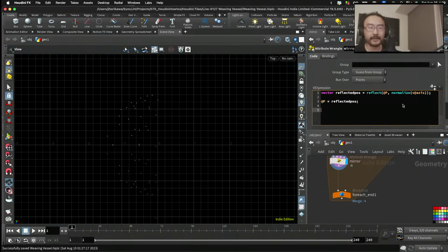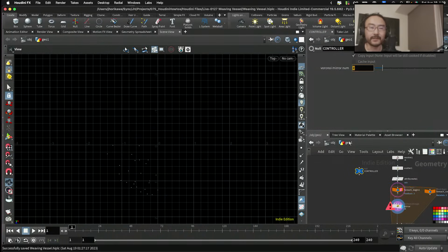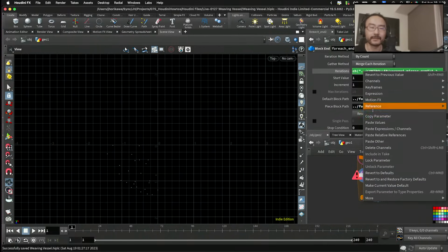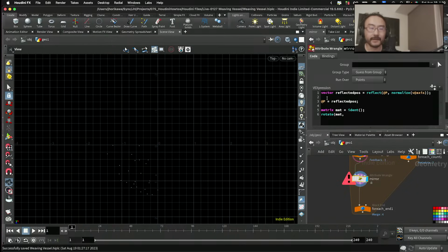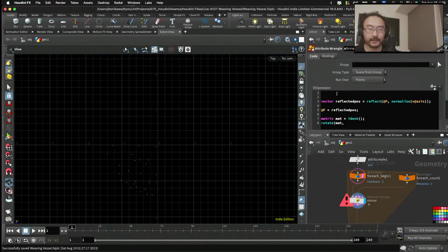So let's do that by creating a rotational matrix, starting by creating an identity matrix, then creating a rotational matrix by rotating. I mean, you can not just say 90 degrees because it's up to a division number here. In order to get the right angle, you need to divide 360 degrees by this number of iterations. So let's copy this again and have that value here. Or you could get that value from the meta node here,